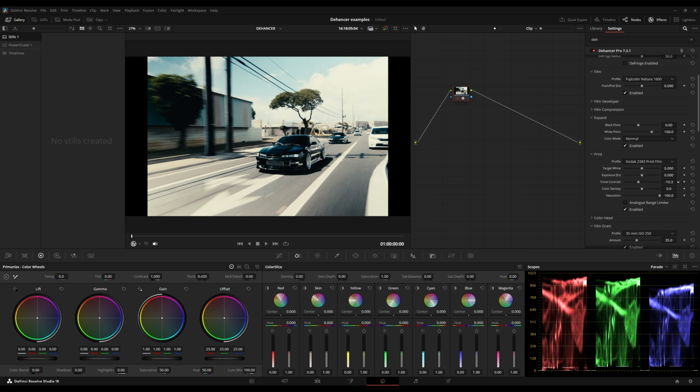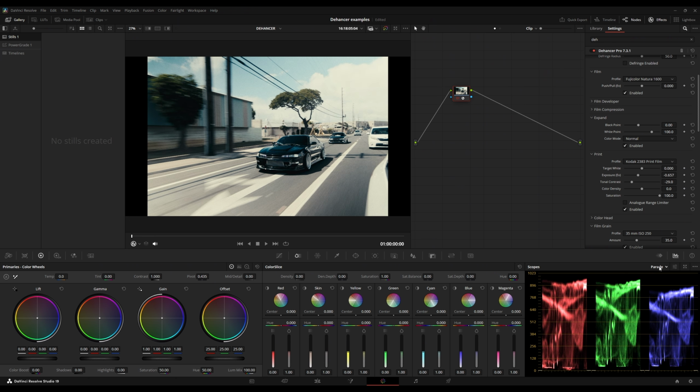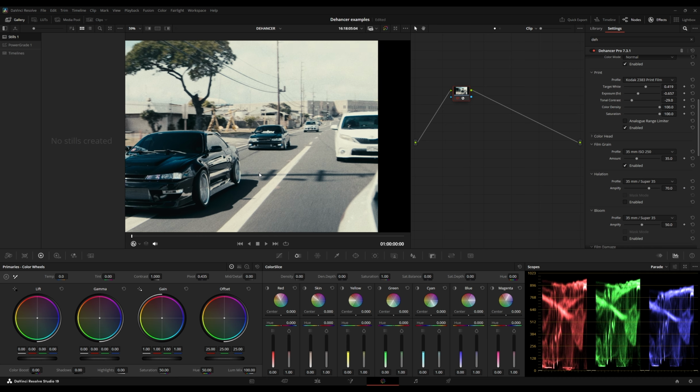It's a little bit too contrasty, so I'll bring that down a bit. Mess with the exposure, and I'm also going to look at parade forms here to manage my exposure and see if I'm clipping. Color density is basically like saturation but for films, and target white is the white balance of the print film. I'm gonna go more of a warmer tone,